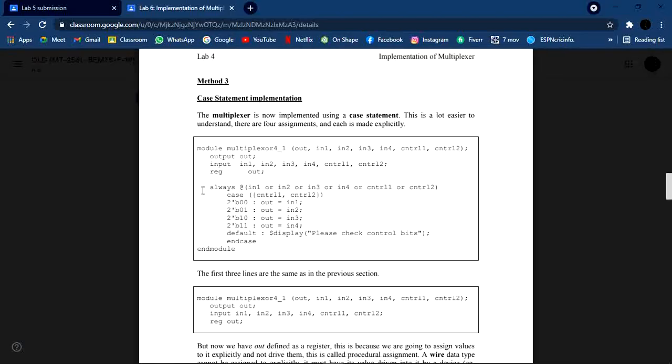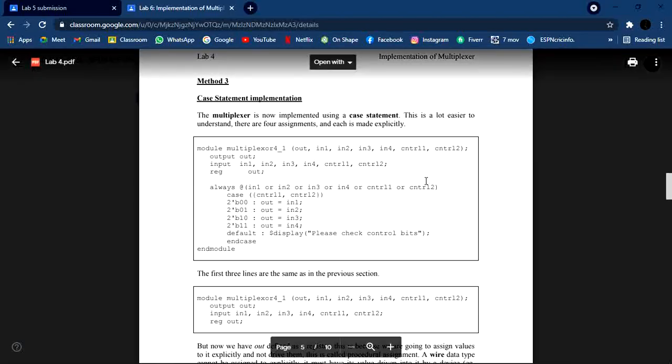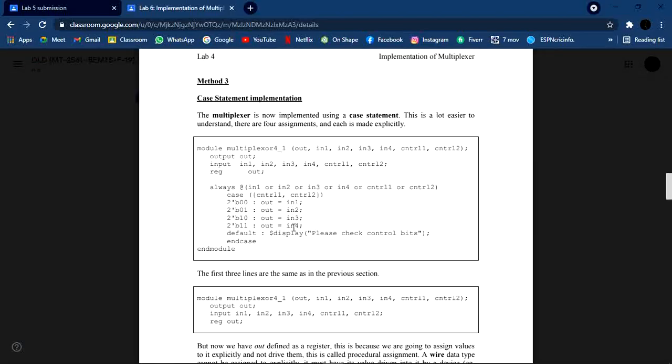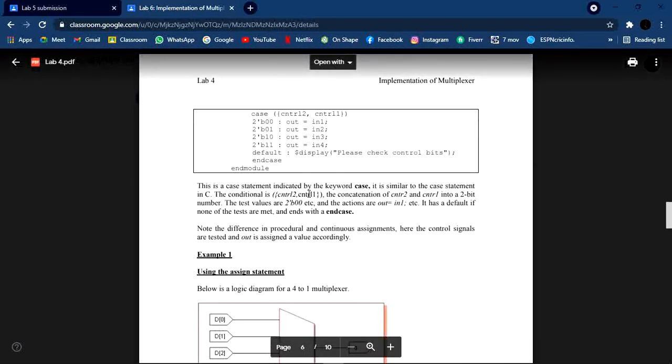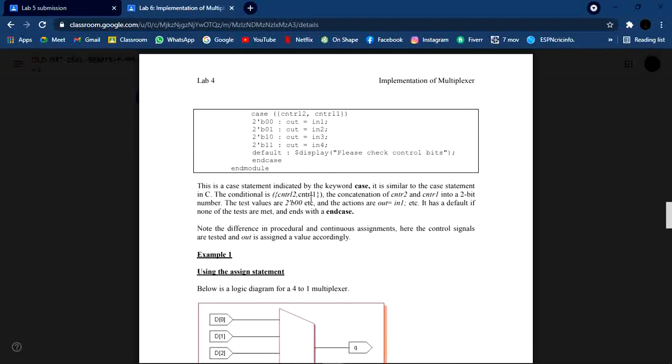Here we use case statements, such as in these bits: out, input 1, input 2, input 3, input 4, etc. And here we use another thing, which is reg out. Here we use a register for always. In always we declare all the inputs and all our selection lines. So for always we have to declare the register of output first.